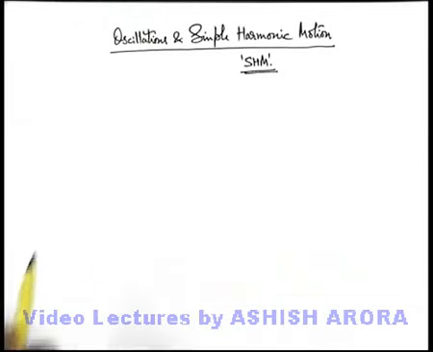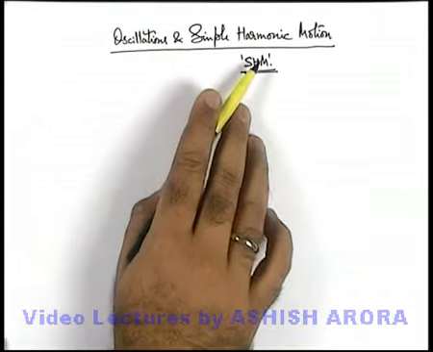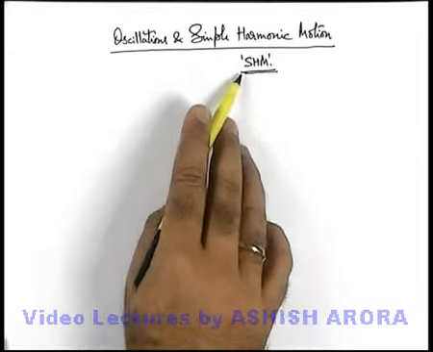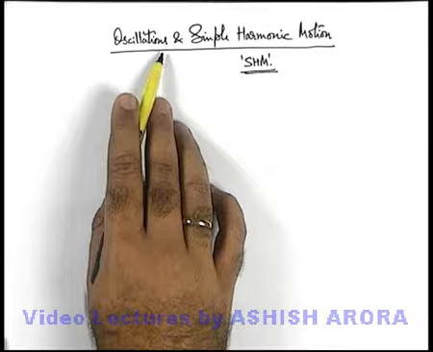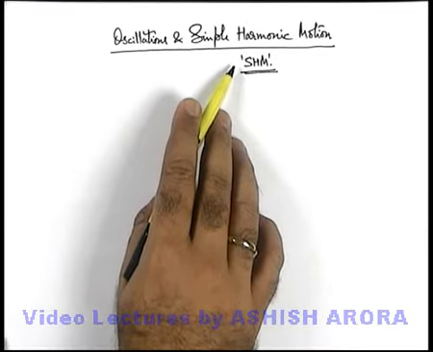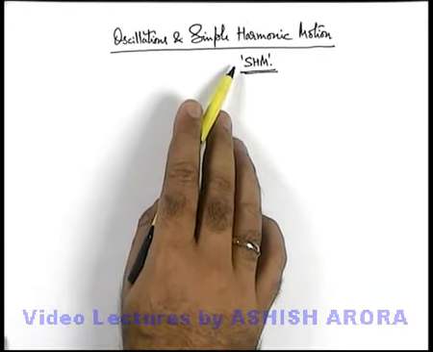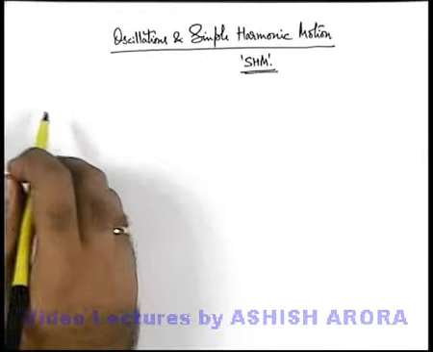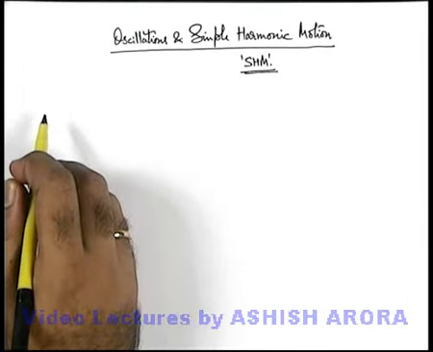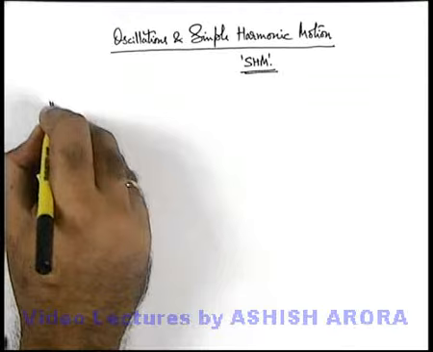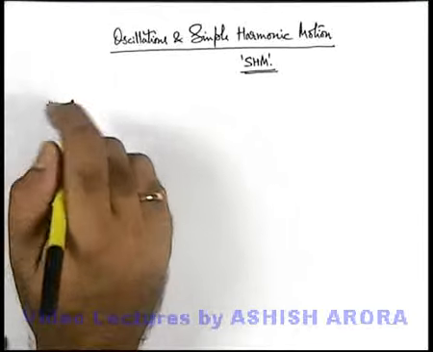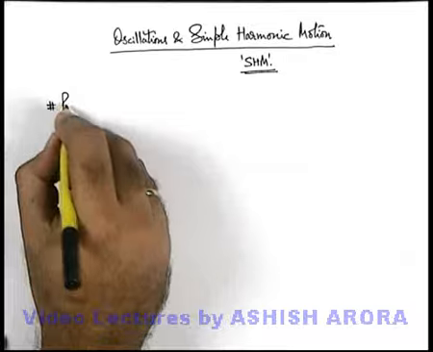Let us start with a new section of oscillations and simple harmonic motion, which is abbreviated as SHM. SHM is a specific kind of oscillation and it is quite an important section in high school physics. So let's approach the whole theoretical and mathematical analysis of SHM step by step. The very first thing we'll study before studying simple harmonic motion is periodic motion.